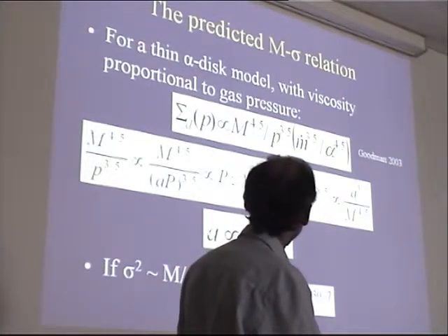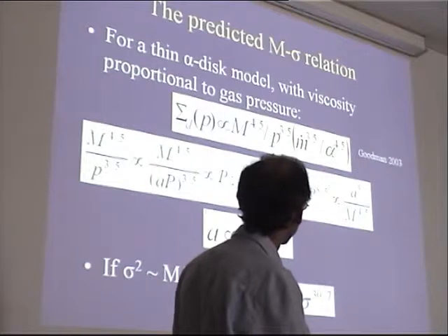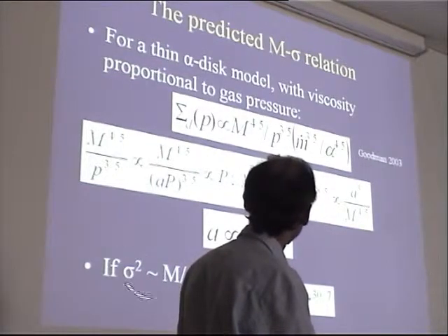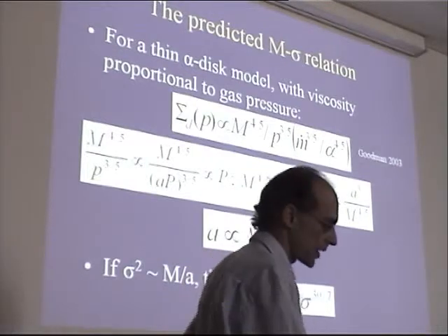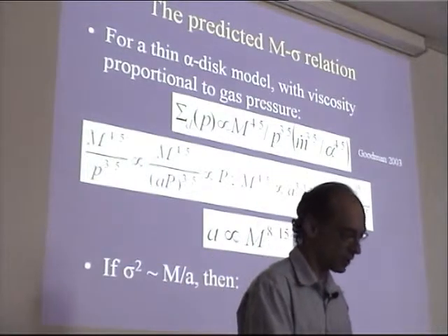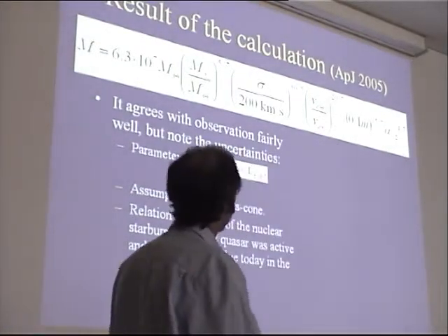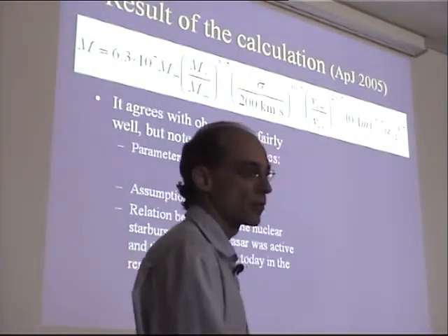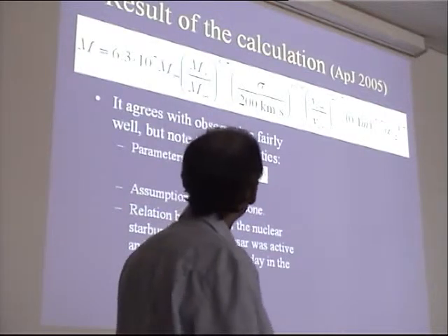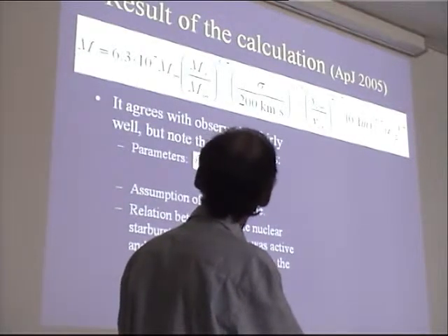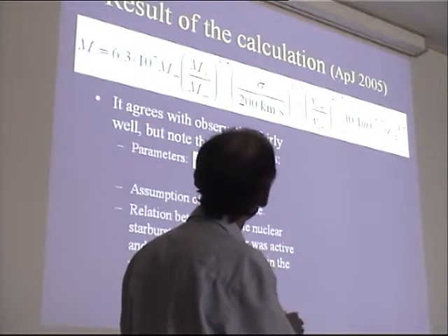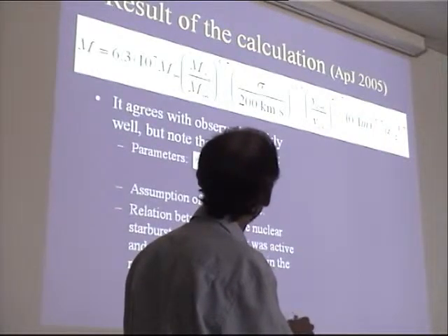This leads to a relationship that says that the radius of influence, the radius from which most of the stars are captured, goes as the black hole mass to the 8/15, and when you put in the virial relationship, it gives you an M-sigma relationship. Mass goes as sigma to the 37/8, or about 4.3 roughly. When you put in all the numbers, including the normalizations, you get the following relationship. Essentially, the mass of the black hole is here, the velocity dispersion of the stellar system is here to the power 37/8,